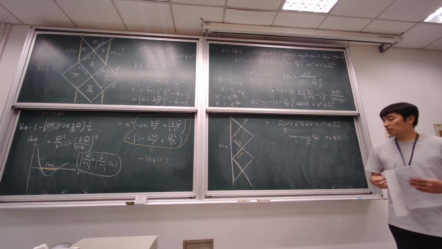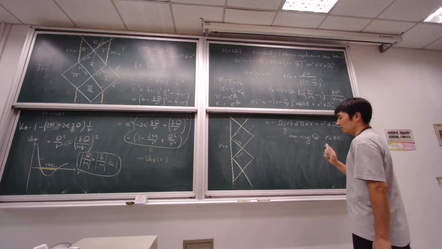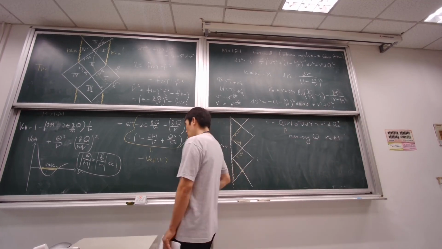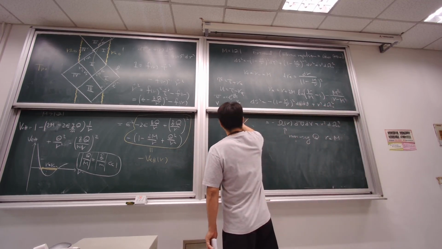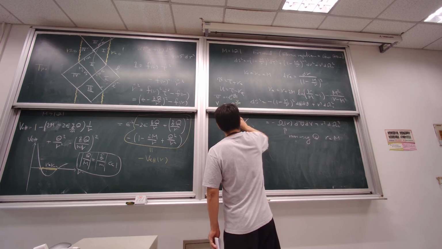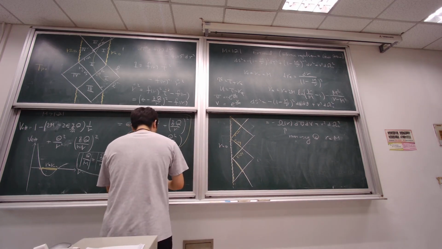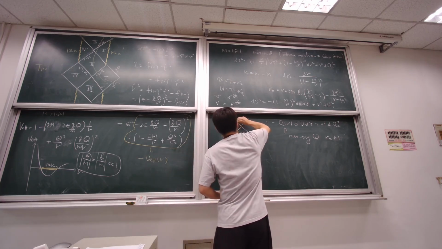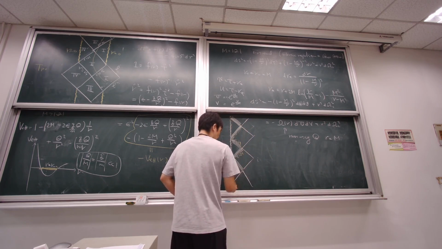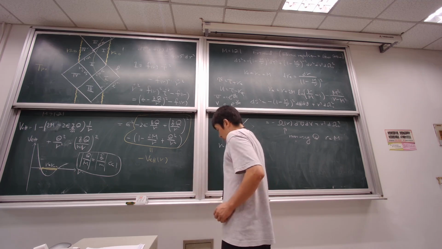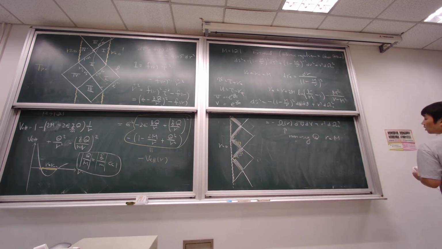And then one interesting thing for the extremal case is as follows. There is something called the near horizon geometry. So if you look at the near horizon, so around here, so if you want, the near horizon is around here. And we want to look at the metric around here. So it's a simple exercise to do.